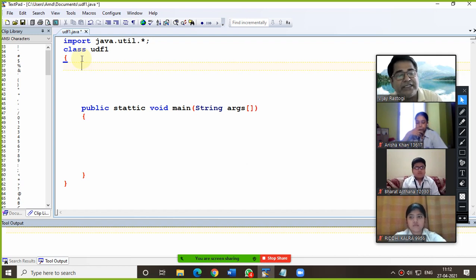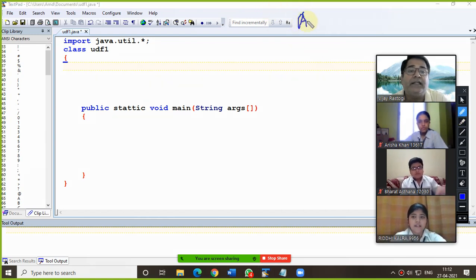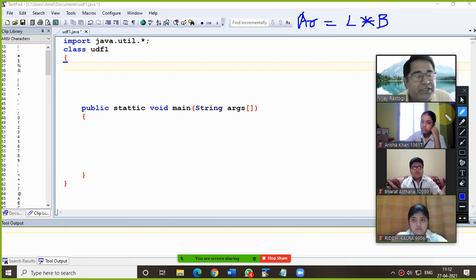The question is to generate the area of rectangle, right? The formula everybody knows: AR equals L into B. It can be integer, double, or float, that is up to you.